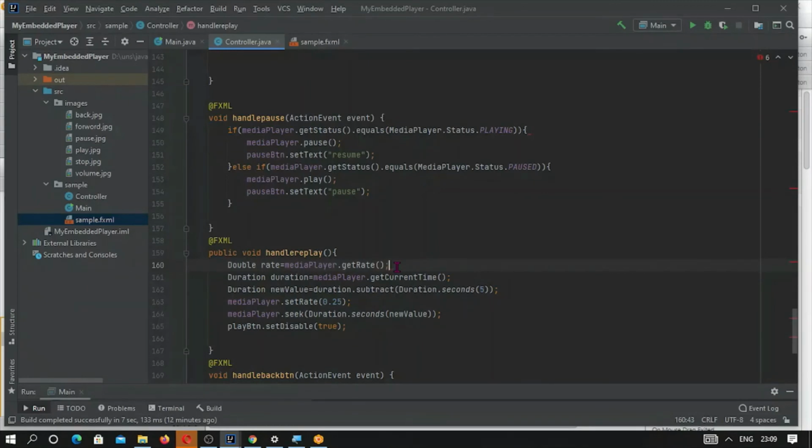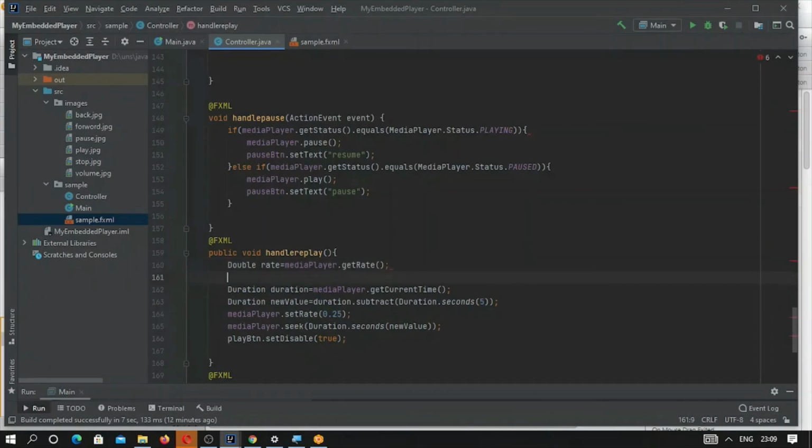If it is returning 0.25, it means it is running with the reduced rate. So now we can put a condition, if rate is 1, it means it is playing. In that case, the rate should be reduced by 0.25, and the play button should be disabled.